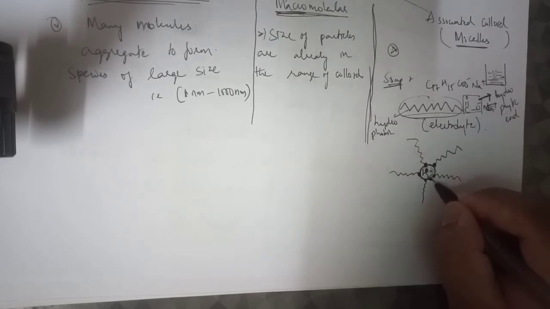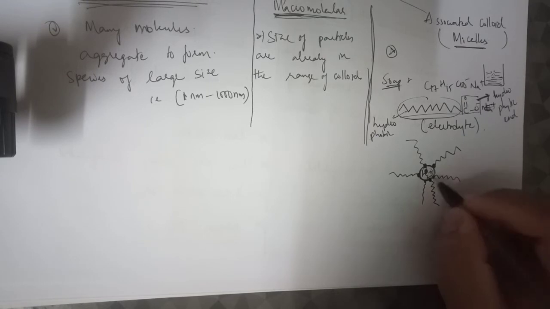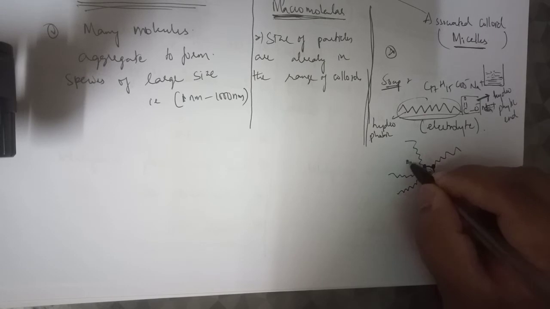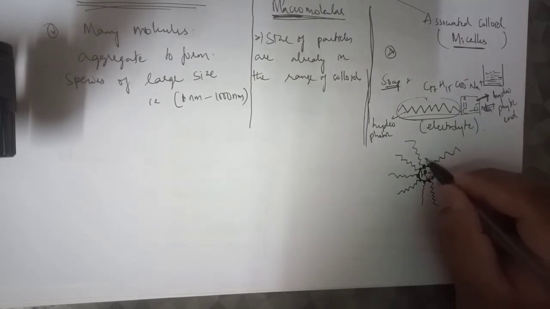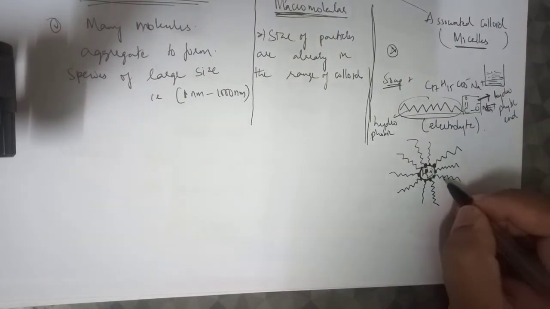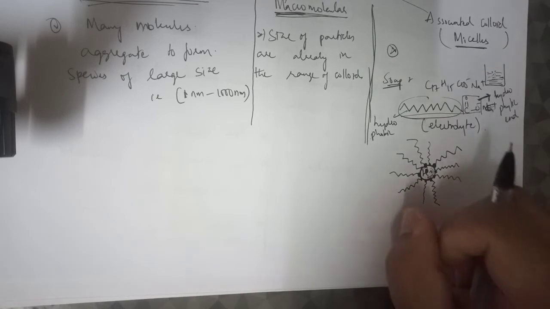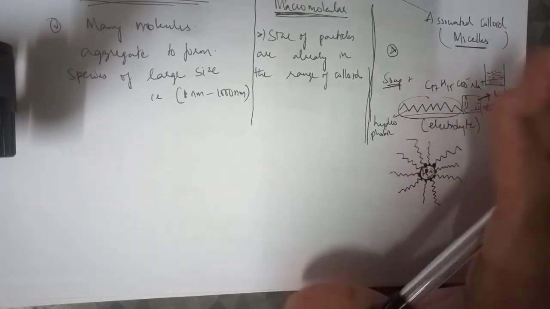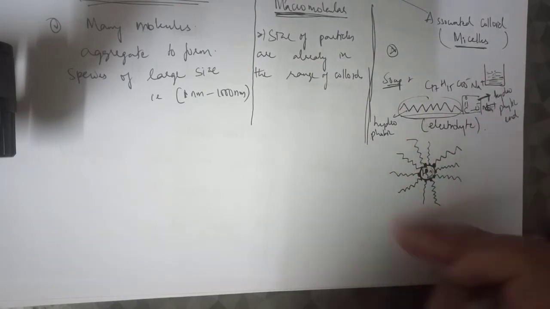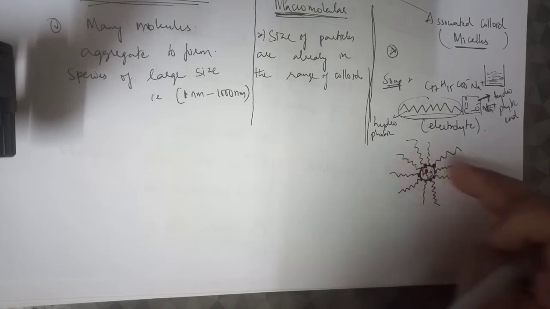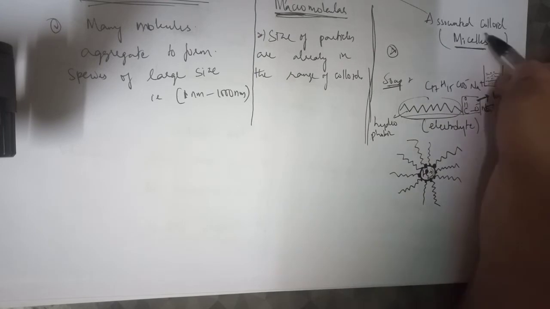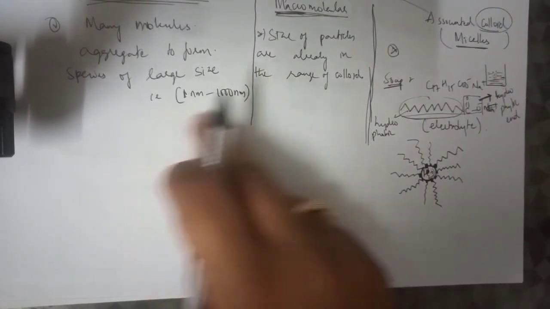Okay, so like this, the head parts, that is the hydrophilic parts, are attracted towards the water molecule, and we will see the hydrophobic parts are away from the water molecule. So this kind of attraction between the dispersed phase and dispersion medium creates a very large size. So the large size is because of what? Association of these, that is what I can say is the stearate ions. So this creates the larger size, and that's why it is called a colloid, which falls into the range of 1 nm to 1000 nm.